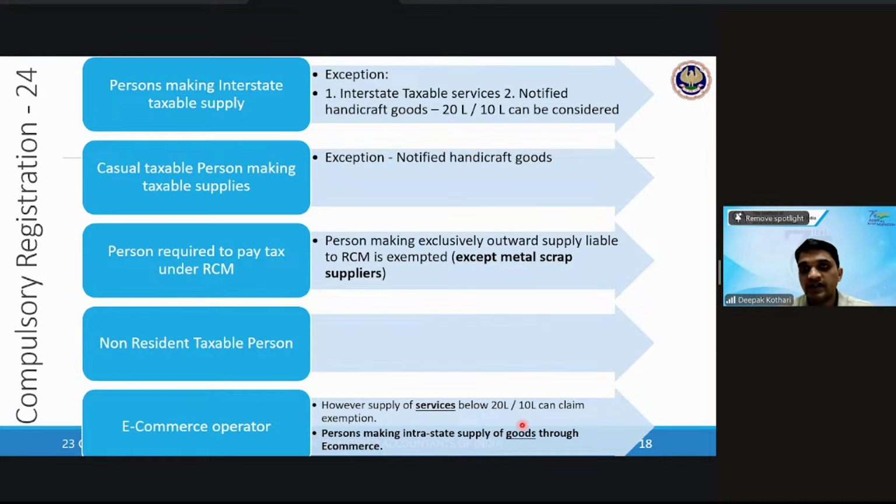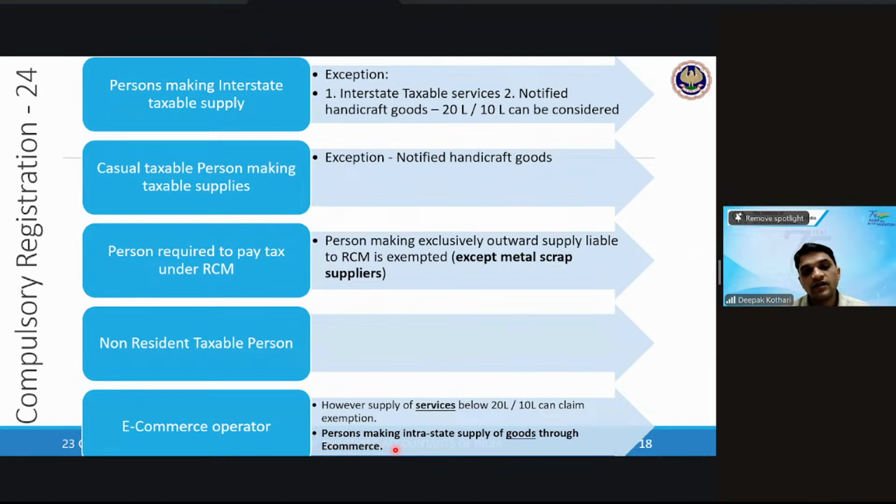as a rescue. It says that if you are supplying services through an e-commerce operator up to your limit of 10 lakhs or 20 lakhs respective state wise, तब तक आपको registration की जरूरत नहीं है. Okay, so till 20 lakhs worth of services you don't have to register. Once you touch the limit of 20 lakhs, this is of course 20 lakhs per year, then you will have to register.